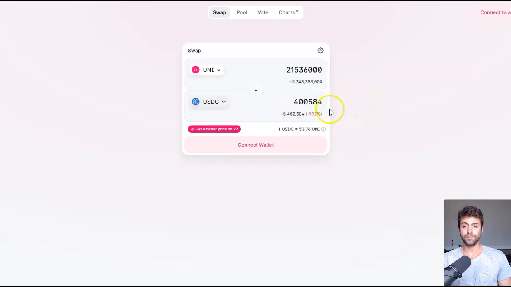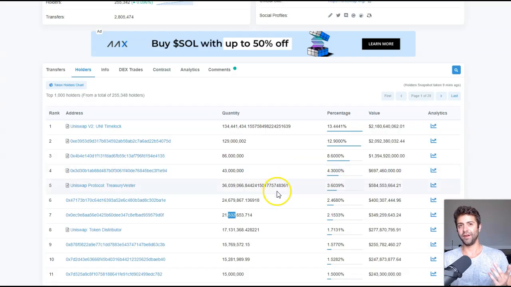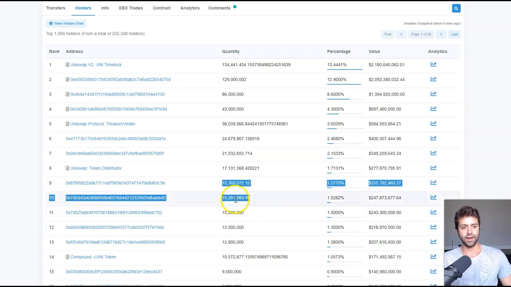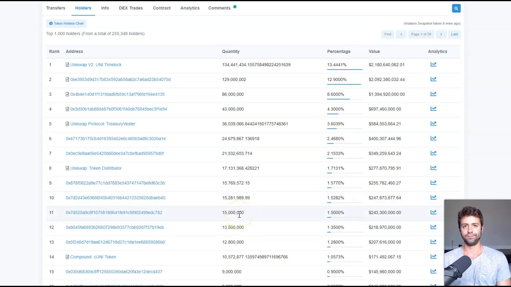Oh look, what do you know? There's not enough liquidity in the system to even be able to handle that dump. So you would push the price down 99%, 99.9%, and you'd get about $400,000 if this one individual tried to sell all of his money at the same time, right? And that's one guy, right? So going back here, look at all these other individuals that have 12 million, 13 million, 15 million, 15 million. Any one of these people, it could be anybody out there. They could all decide to go totally AWOL one day, do a massive sell order, and totally nuke the price of the token.